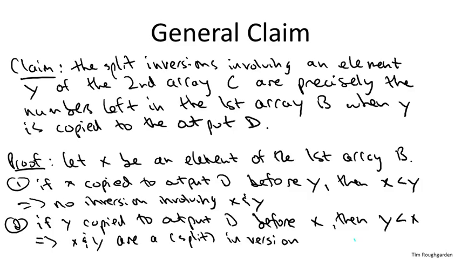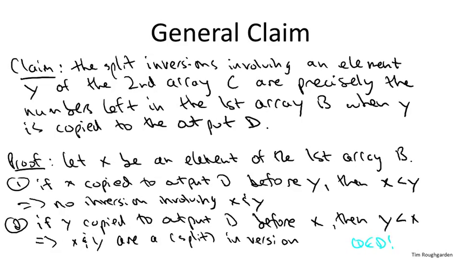So those are exactly the number of elements remaining in B when Y gets copied over. So that proves the general claim. So this slide was really the key insight. Now that we understand exactly why counting split inversions is easy as we're merging together two sorted subarrays, it's a